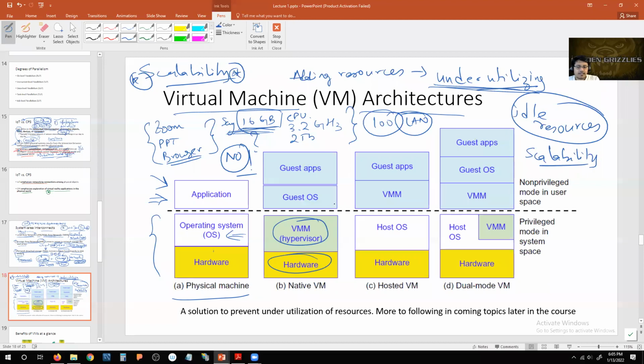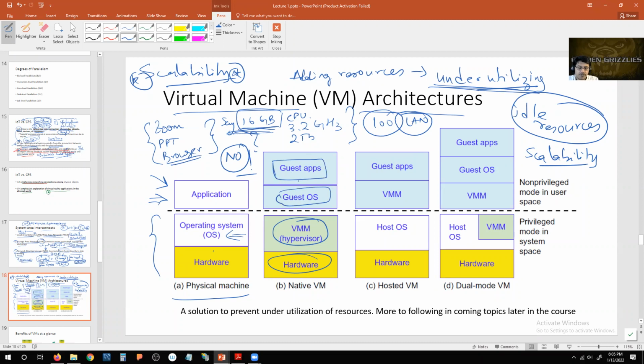Okay, so now let's take an example, but let's finish this architecture first. On top of the hypervisor, which is effectively responsible for managing virtualization, that is, it's going to create the virtualized resources and provide them to the users who are going to use those resources. On top of that, you remove the dedicated operating system from the kernel side and put it on the application side, call it what is known as a guest OS,